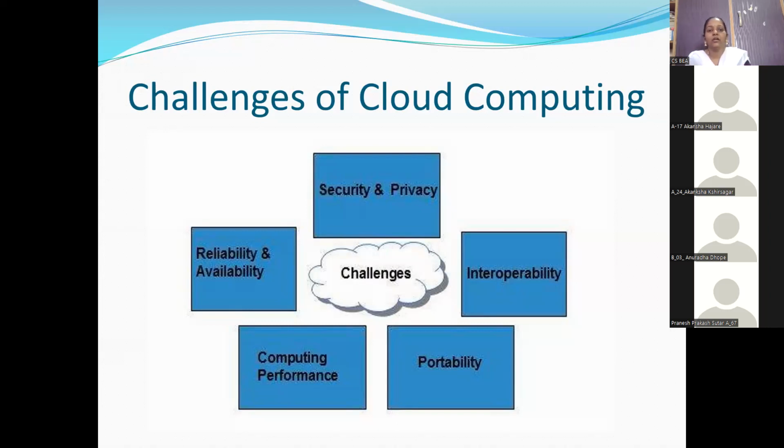Then the cloud computing service models, that is infrastructure as a service, platform as a service, and software as a service. These three models we have seen. Then cloud deployment models like public, private, hybrid, and community cloud. And then benefits and challenges of cloud computing. And finally, the role of virtualization in cloud computing. So all these parts we have seen.